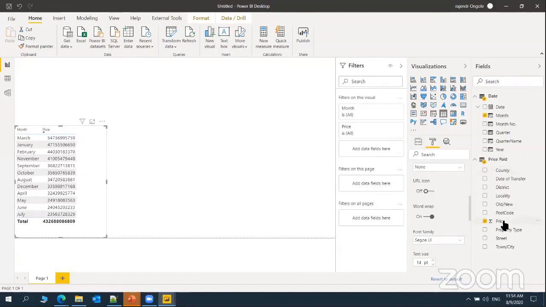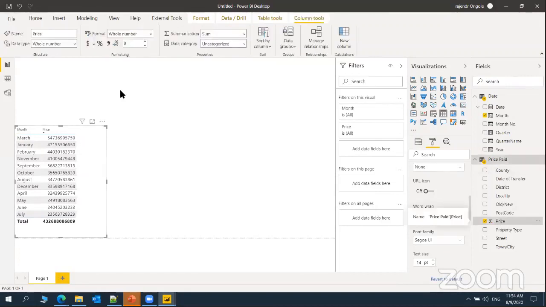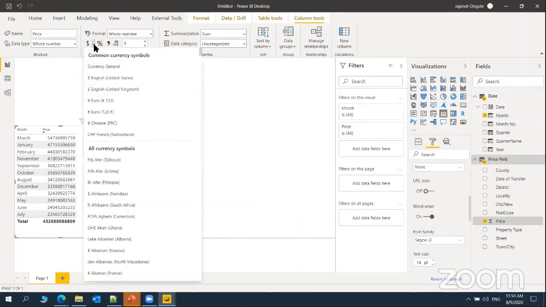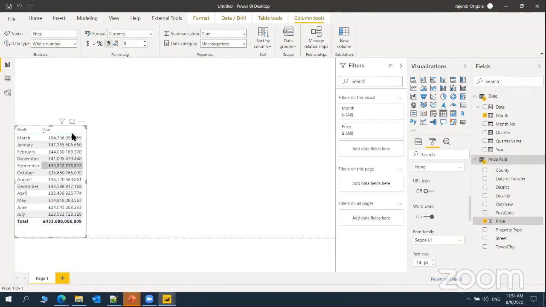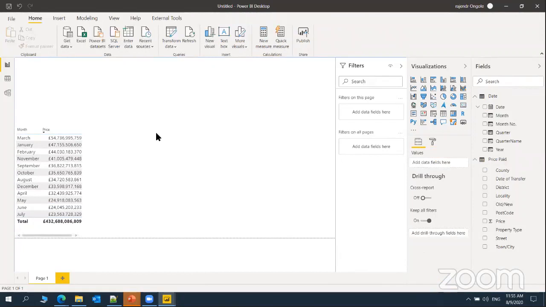So what we can do is click on this particular price, and here we can derive a currency symbol as well. There is a UK related one, so I'm just giving pound. So we have just derived the currency symbol with the data, right? I'm just making this one as a side, and from here we can build a few visuals.